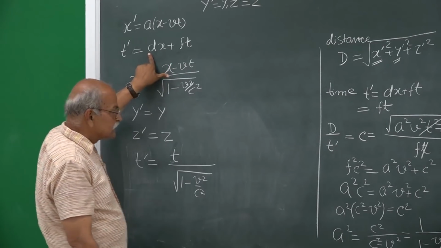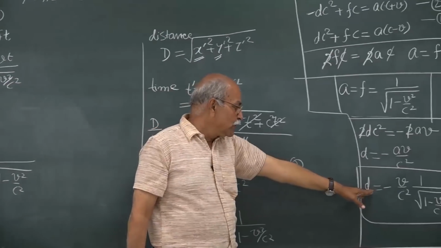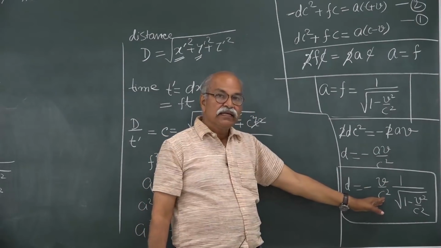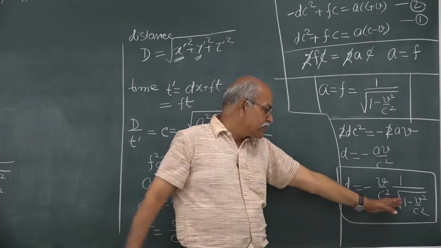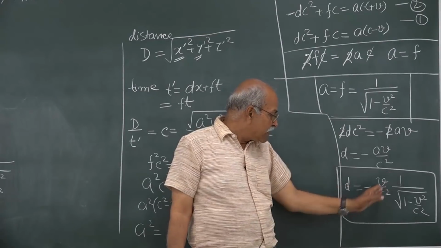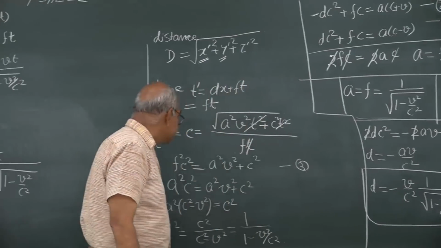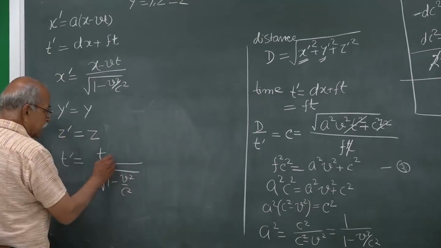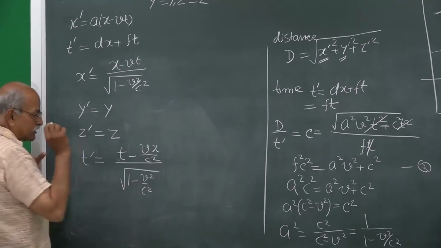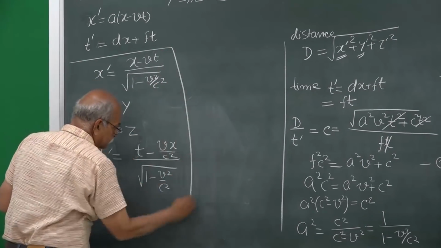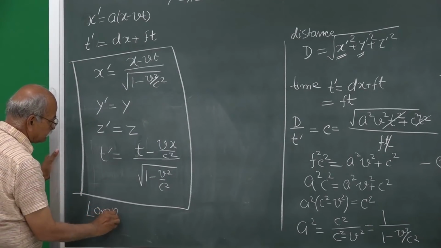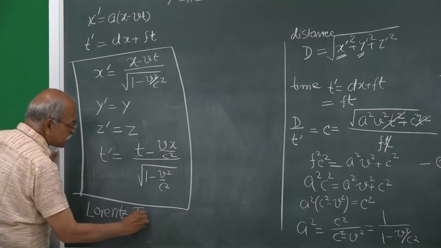What is D? D is here, and D into X will be minus V into X by C square, and then this factor, which is the same as we had written there in the denominator. So, it is minus V x by C square, and in the denominator this. These are the Lorentz transformation